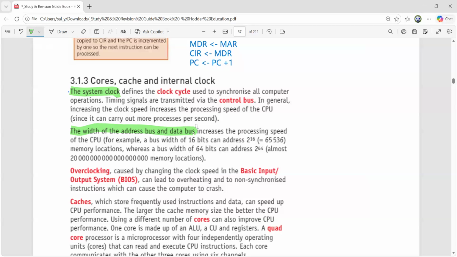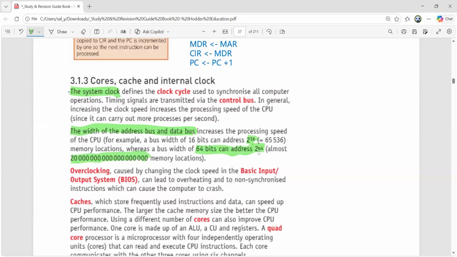As you can see here, a bus of 16 bits can address these locations, while if it's a 64-bit bus, you can see it can actually handle this huge number of memory locations. So think from this perspective, although you don't need to know these values like 65536 or whatever, at least you can remember if it's a 16-bit bus, it means it can address 2 to the power 16 locations. And if it's a 64-bit bus, it can access 2 to the power 64 memory locations. So that makes sense? Yeah.